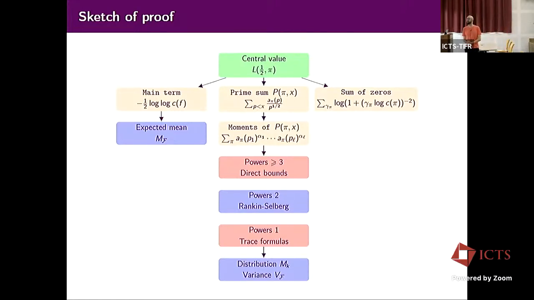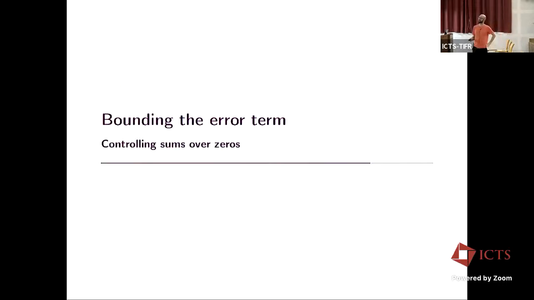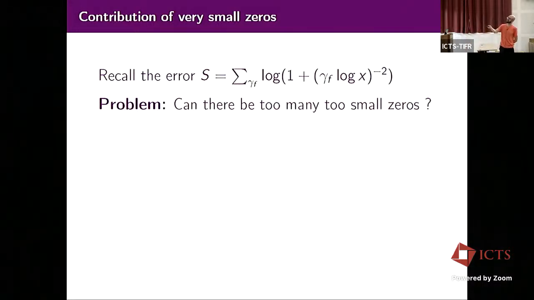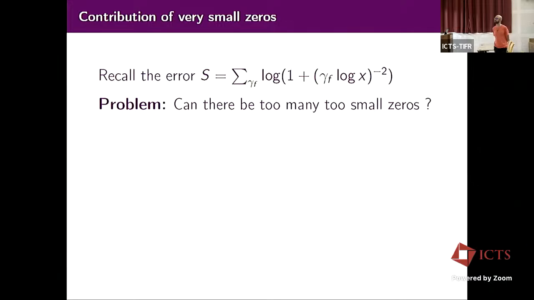So we already have our statement, provided the big O term is indeed a nicely behaved term, so it remains to bound the sum over zeros. Recall that was the sum over zeros appearing in the explicit formula, essentially a sum of something that looks like 1 over gamma squared. And the problem is that, as I said, if gamma is very small, like 1 over log x squared, then you already have a term which eats up the main term, and everything's lost.